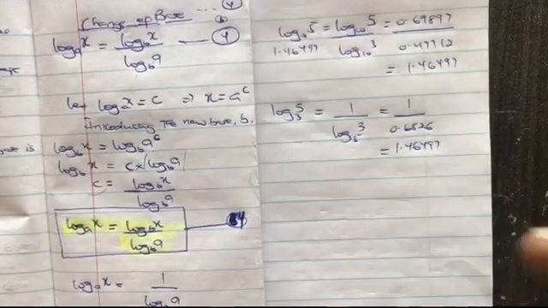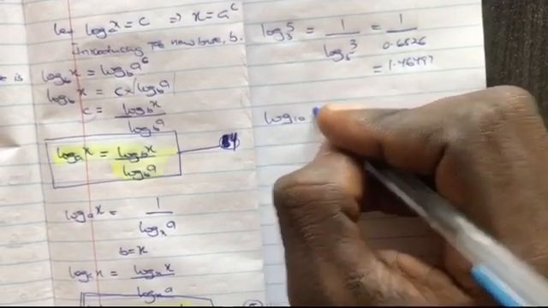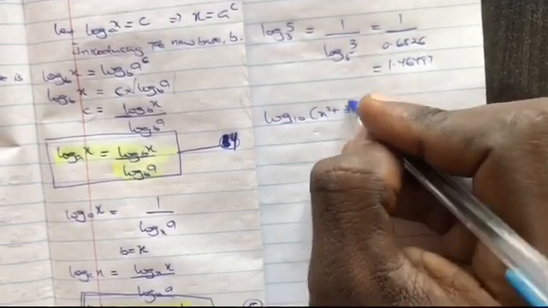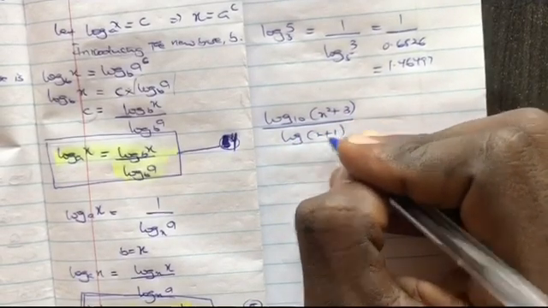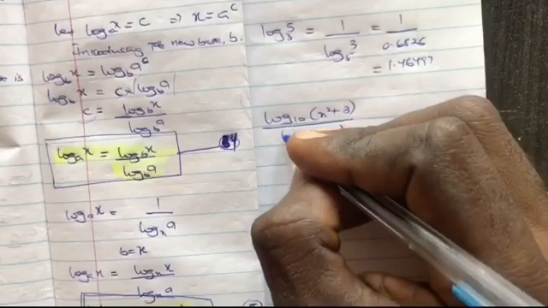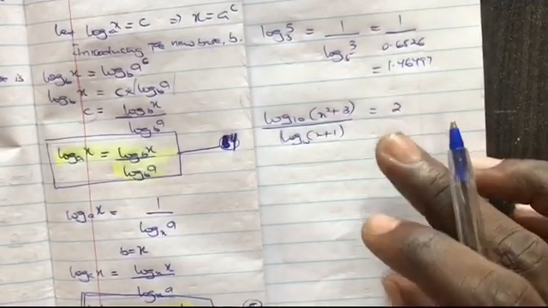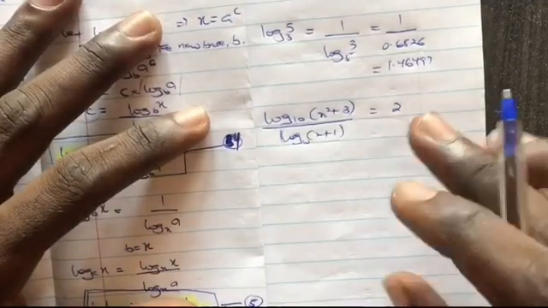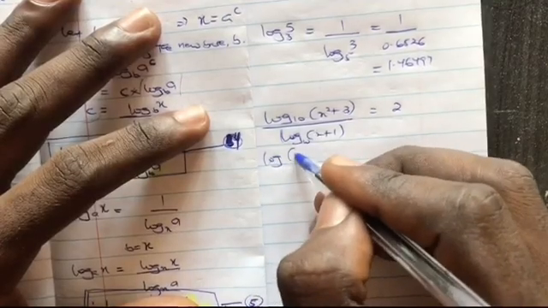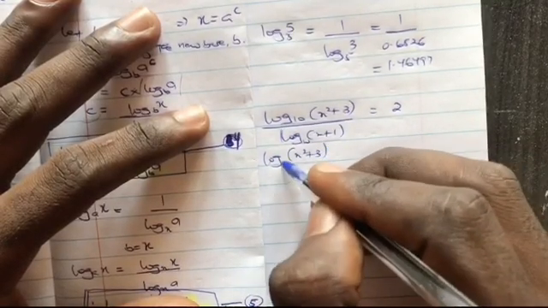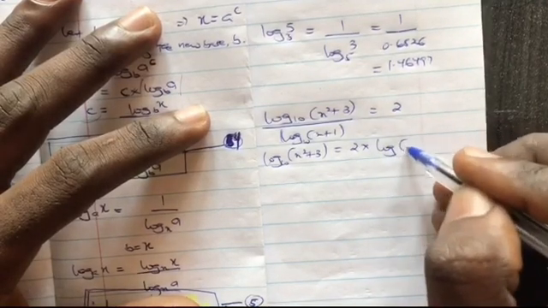Okay, so let's solve a question. Okay, so we have this question: log x squared plus 3 to the base 10 all over log x plus 1 to the base 10 is equal to 2. So we can use two approaches to arrive at the answer. So the first approach is to do the normal thing where we cross multiply. So log x squared plus 3 to the base 10 is equal to 2 times log x plus 1 to